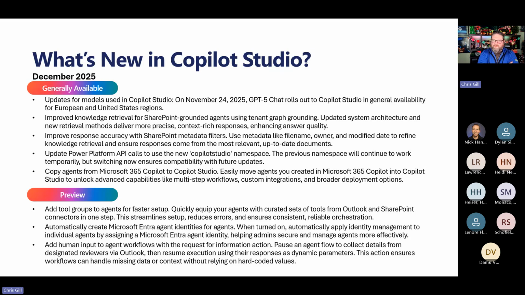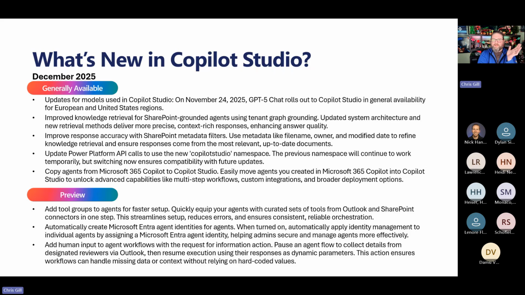Copy agents from 365 Copilot to Microsoft Copilot Studio. It's been interesting to see how this has all transgressed, because when Azure AI Foundry first came out, now Microsoft Foundry, you were able to build exactly what we demoed just a few moments ago, and then export it or send it into Microsoft Copilot Studio to continue your work from there.